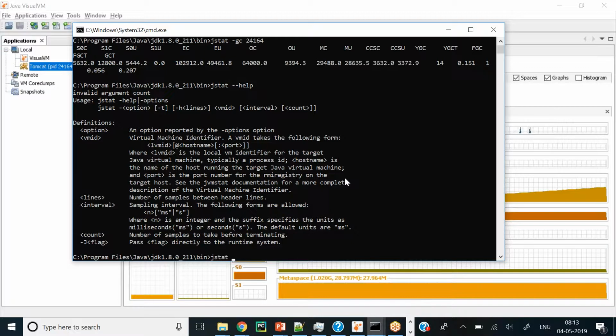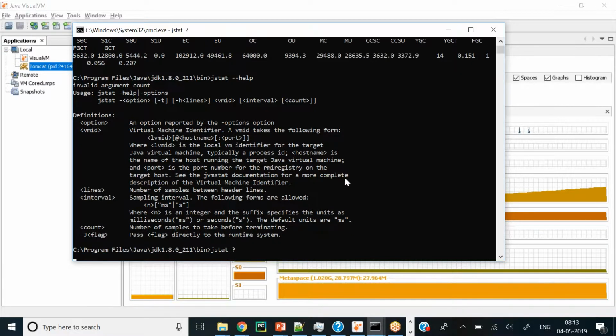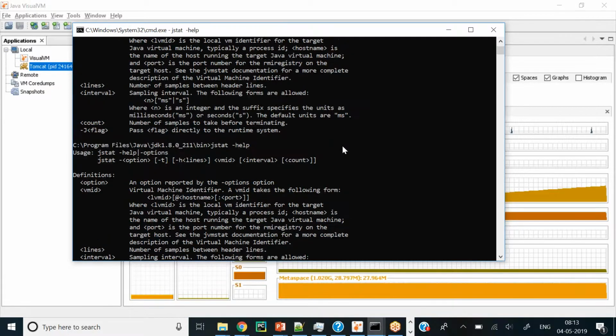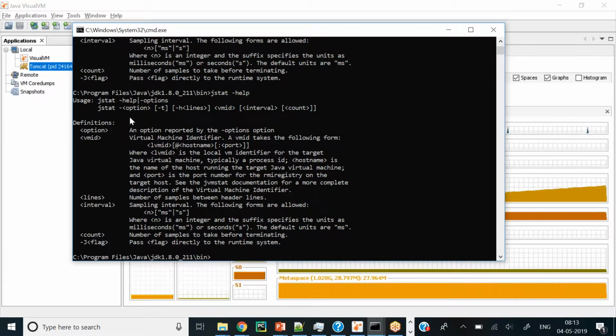Stat is for statistics, and you can get multiple. Okay, jstat -options, I need to type.